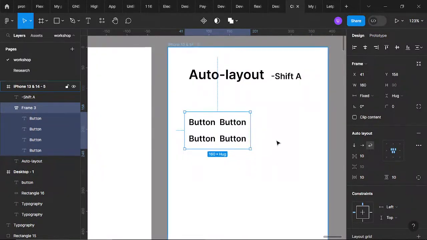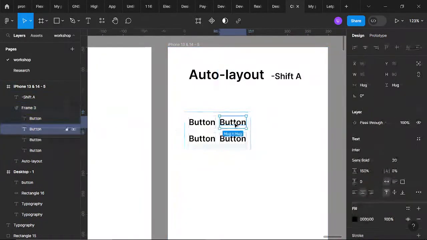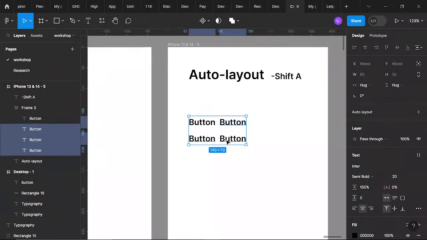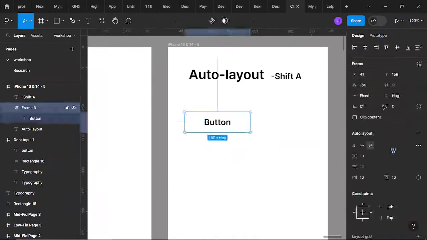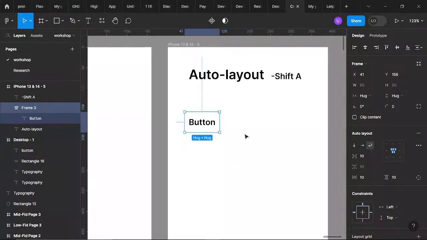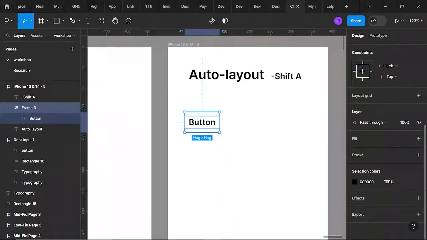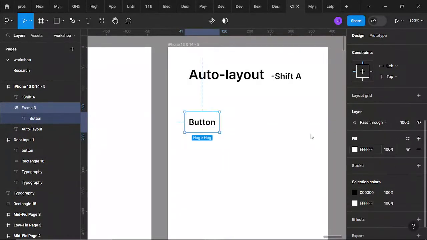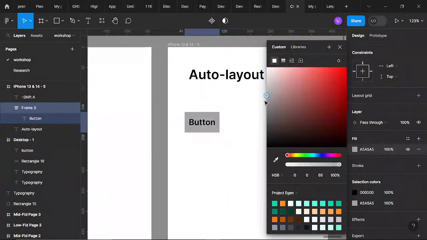So let me just delete all of this. So we have one here. Let's use org. Now on this container you can also give it a radius. Let me just give it a fill first so that we'll be able to see what is inside. Let's give this something like this so that we'll be able to see it very well.